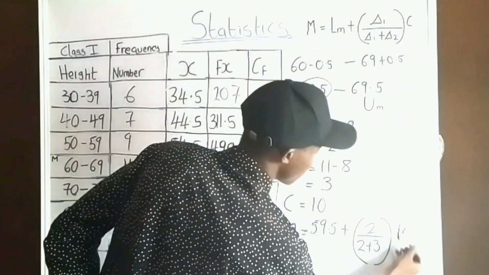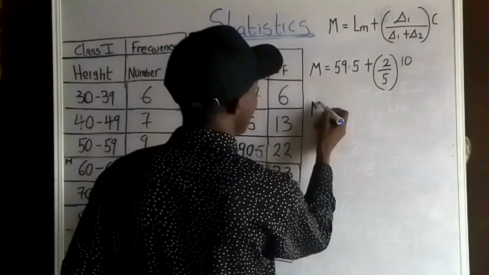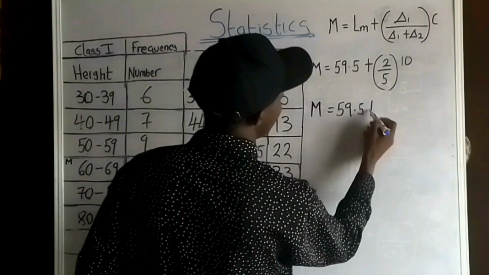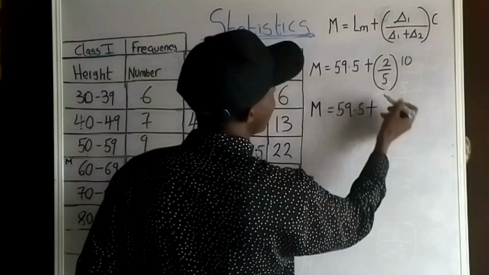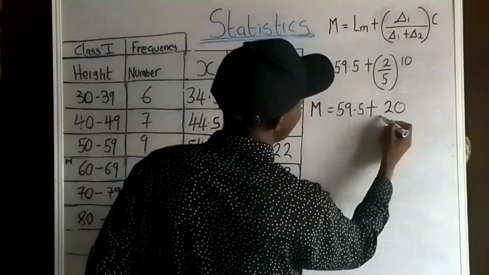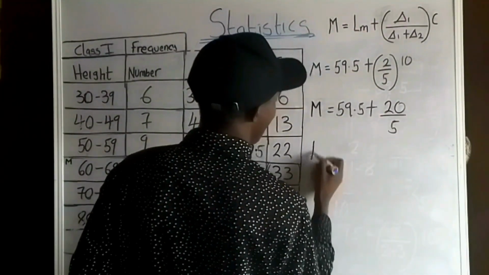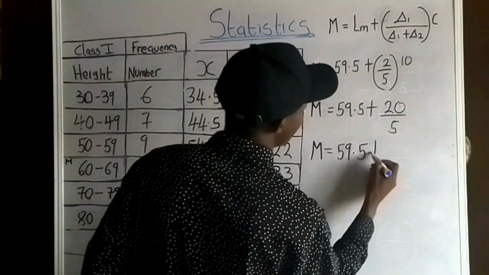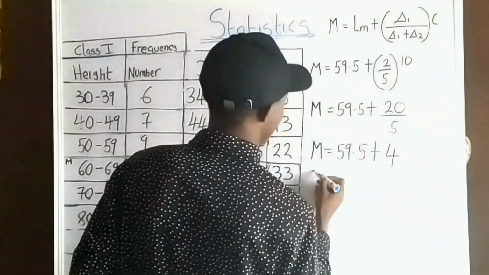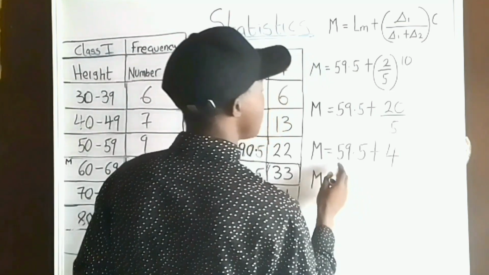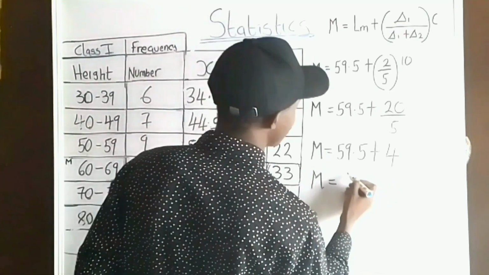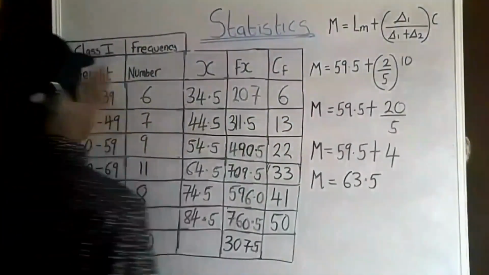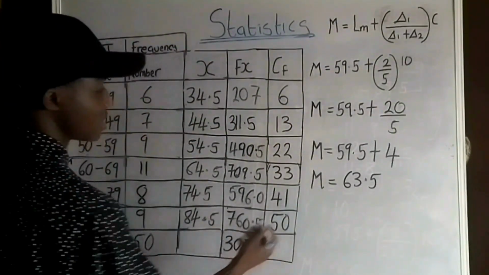So mode is equal to 59.5 plus 10 multiplied by 2, that is 20, divided by 5. So mode is equal to 59.5 plus 4, that is 63.5. So the mode of this grouped data is 63.5, which is approximately